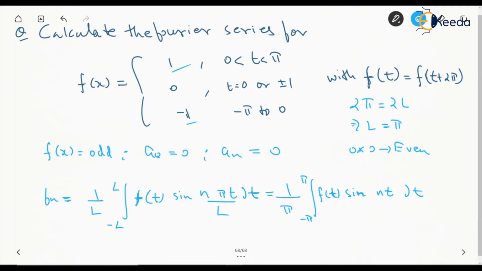So as per the definite integral property, this can be written as 2 by pi integral from 0 to pi. Now that f of t will be 1 from 0 to pi, this becomes 2 by pi integration 0 to pi of sine nt dt,